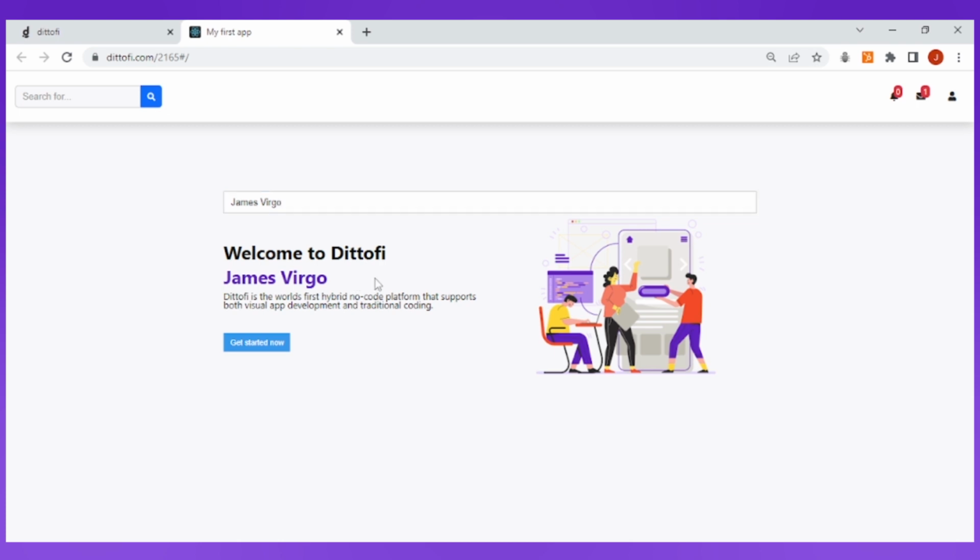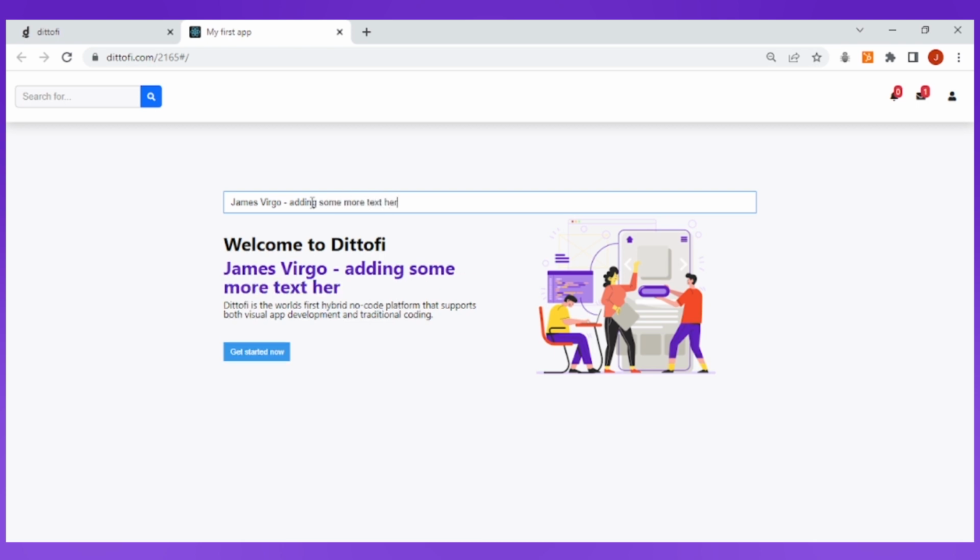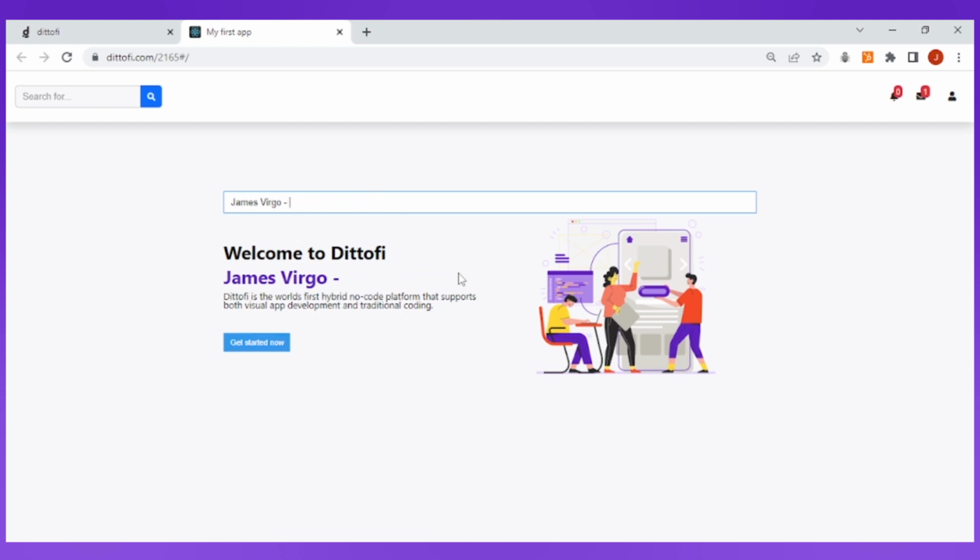So whenever I type into this input box, because the input box is bound to my new app user variable, this will push all of that new data that I'm typing into this input box into my new app user variable. This data will then be displayed inside the heading element here, because the heading element is also bound to